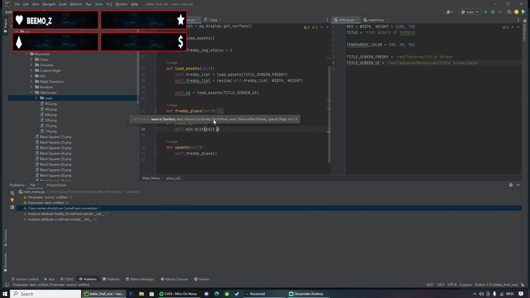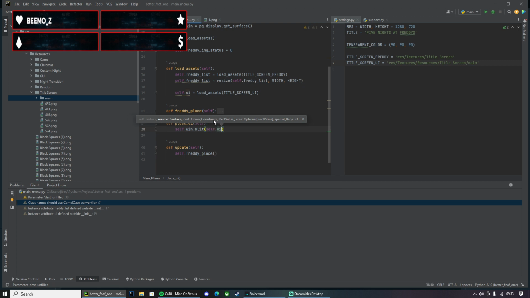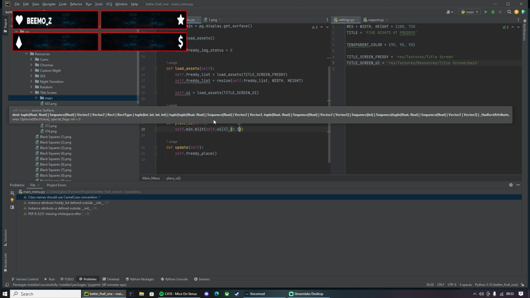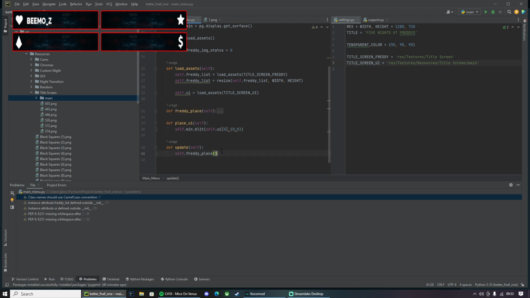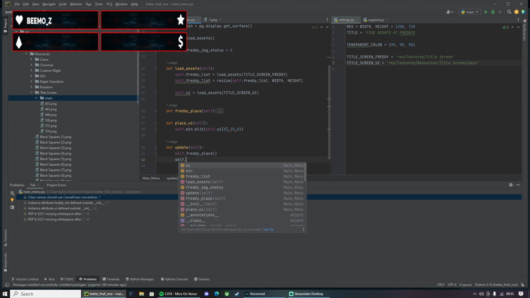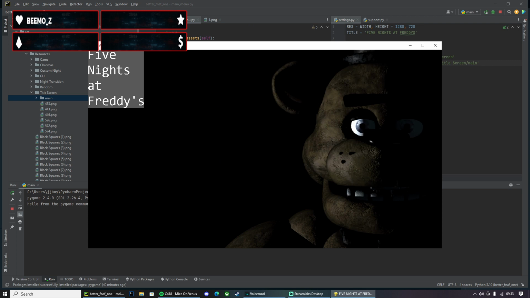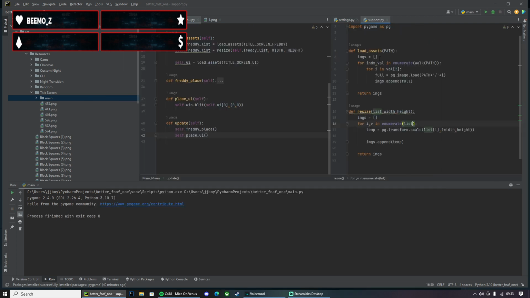Self.window.split self.ui and 0 at 0,0. Self.place UI. Yay! But we also, no, it doesn't matter. I do need to make a new function for the UI. I could just do it in the load assets.